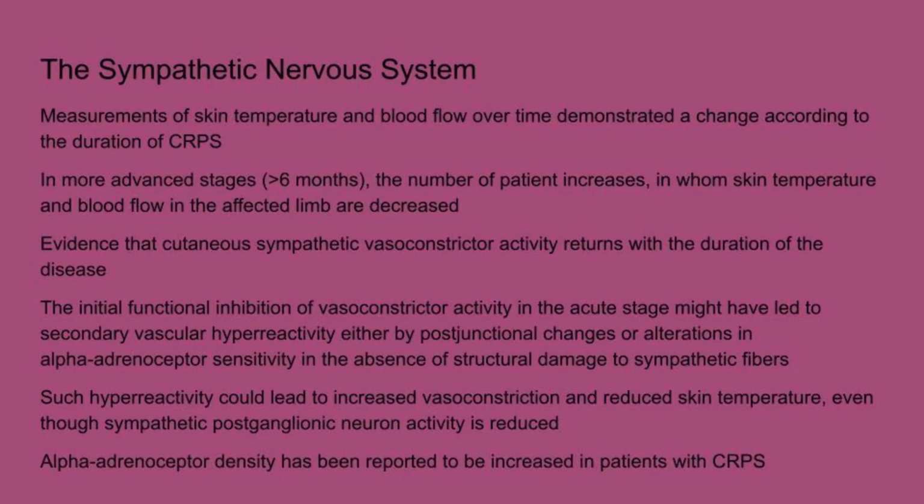Now, this is not discussed in this paper, but this paper is, again, almost 15 years old. There have been papers published since that show that there are autoantibodies in CRPS patients that target these alpha adrenoreceptors as well, which gives some conflicting information of upregulation while the body is still targeting them.